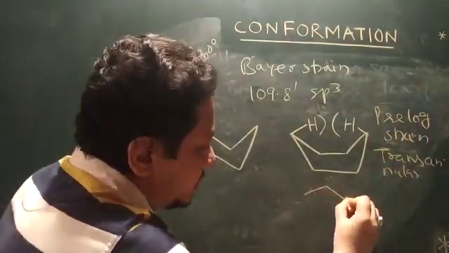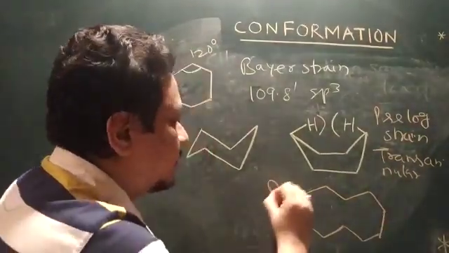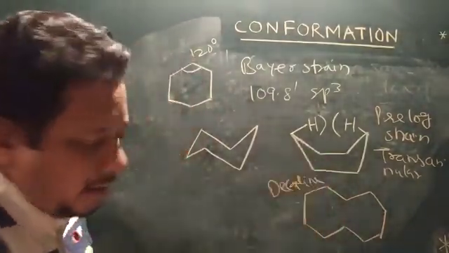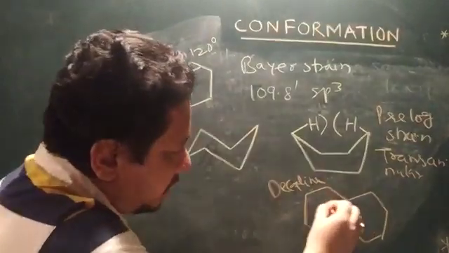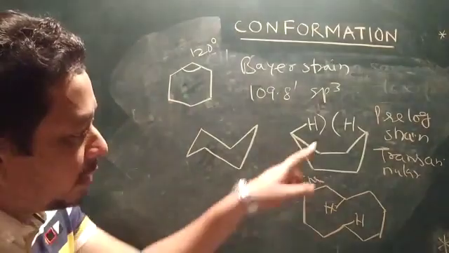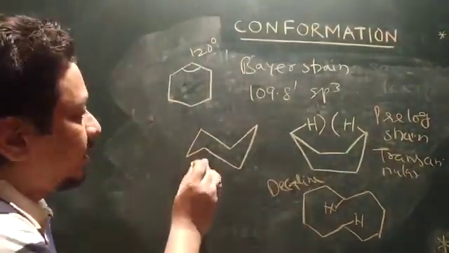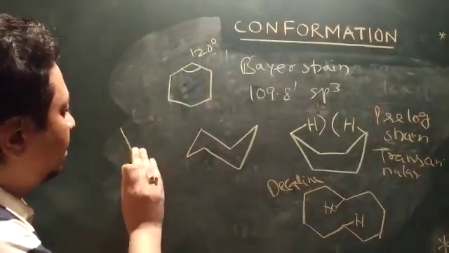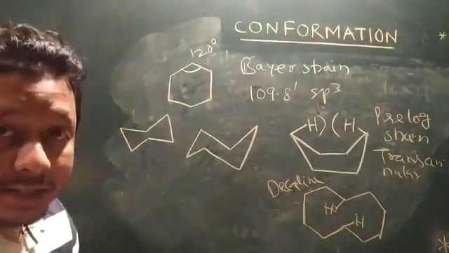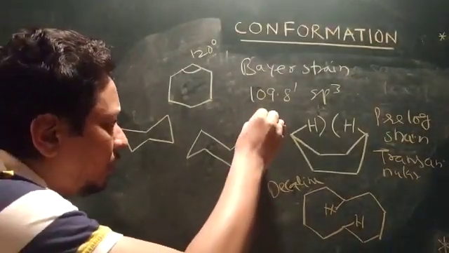Now, this is a structure known as decalin. This is the structure of decalin. Decalin also produces a transannular strain due to the two hydrogens, or Pitzer strain. That's why these two structures are not stable. But cyclohexane in the chair form, which can also be written as some sort of butterfly structure, this chair form is the stable one. Now, the only thing is cyclohexane always tries to